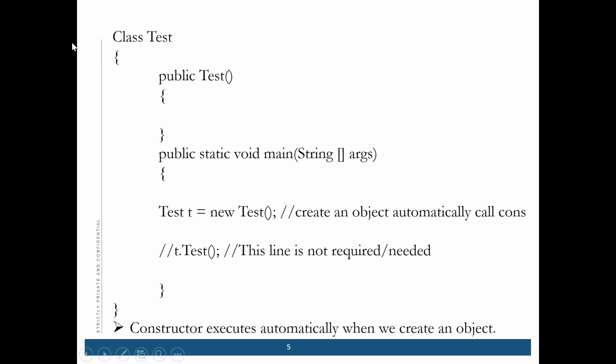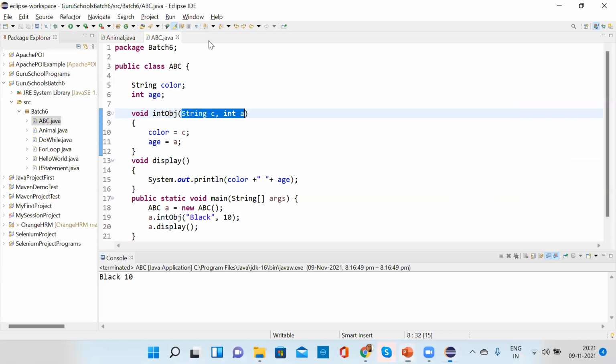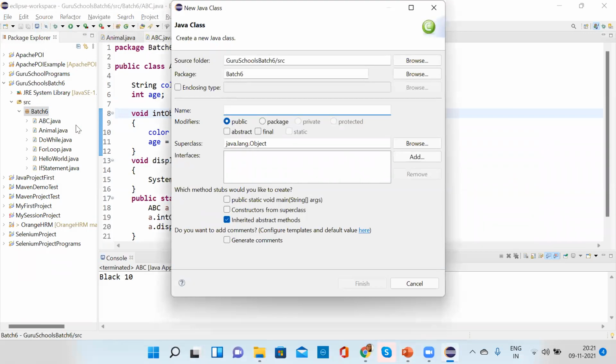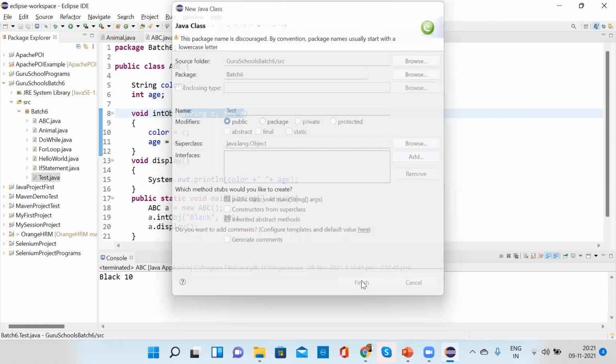Okay, suppose I'm creating a new class here. I'm creating a class named Test, adding the main method.